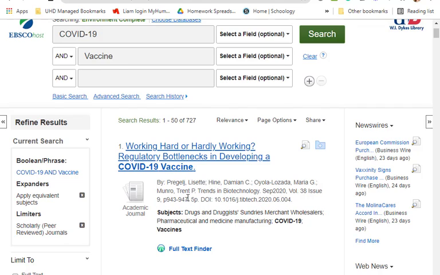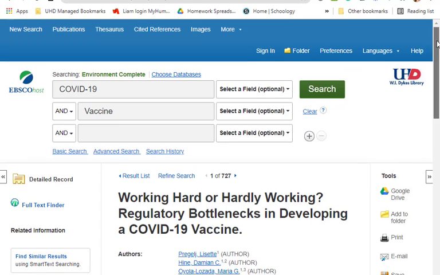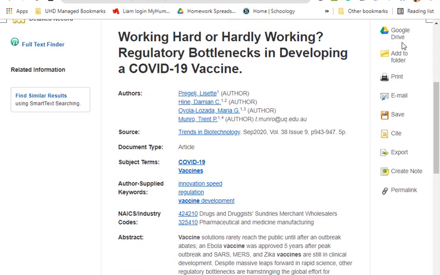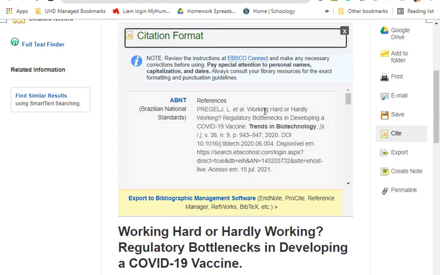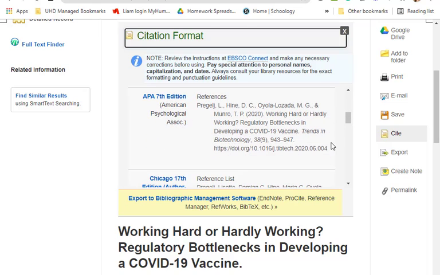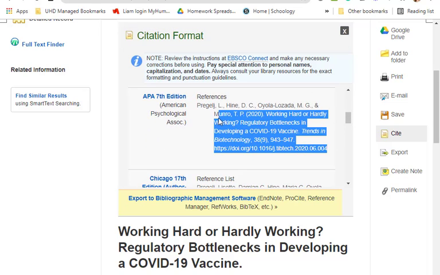I'm going to click on an example so you can see what a record looks like. Over here on the right is where you're going to find all of your options for saving or emailing the article, or also the Cite button. If I click on Cite, then it opens up this drop-down menu, and you can scroll down to find whatever format you need to do your particular citation list in, and you can copy and paste that into your Word